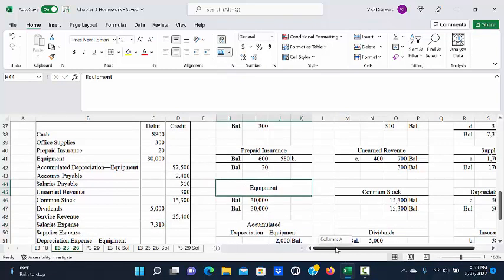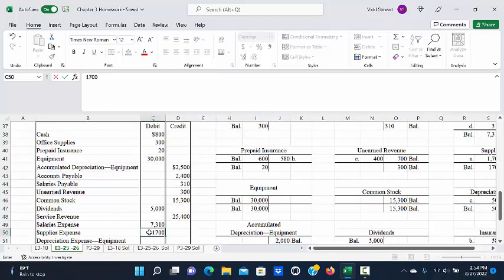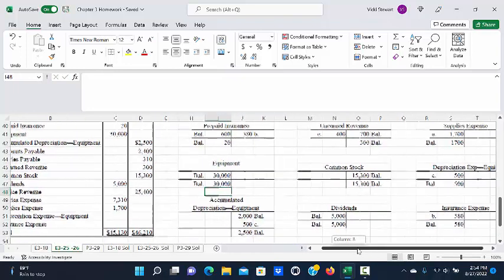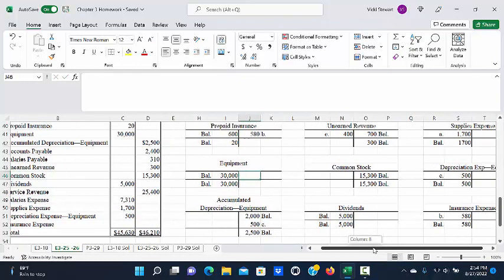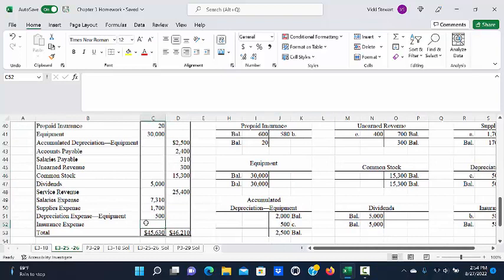Our supplies expense now has a $1,700 balance. Our depreciation expense has a balance of $500. And our insurance expense has a balance of $580. And we can see that our debits and our credits equal